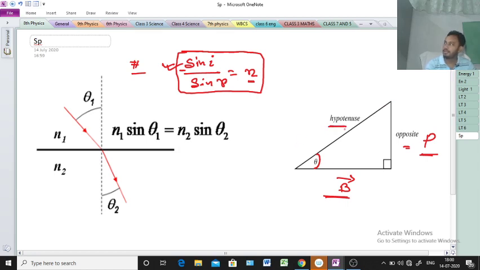So if this one is the base, this one will be the perpendicular and this one will be the hypotenuse. So what is sin? Basically sin comes with an angle. So the angle here is theta. Theta is basically a name, as you can say 30 degree, 40 degree, 50 degree, 60 degree, whatever. Here theta, same thing. Let's say that is a 30 degree angle.